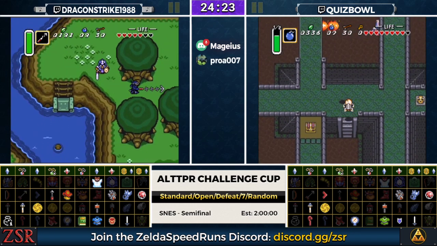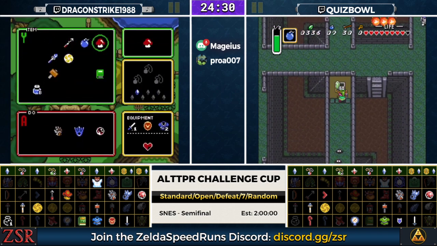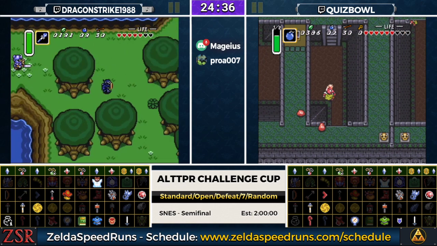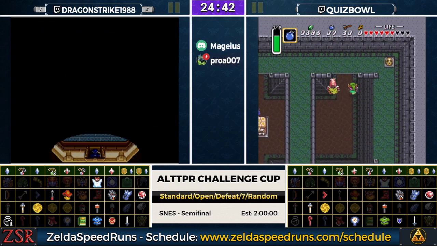I'd say the only thing that would probably have made that better was the blue mail, the blue mail mushroom hookshot book alone. That makes it nearly a 10 out of 10. And then a shield upgrade on top of that. So,